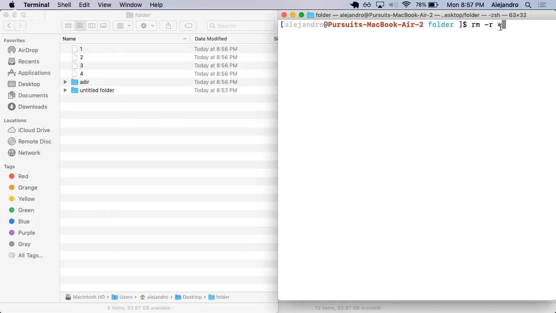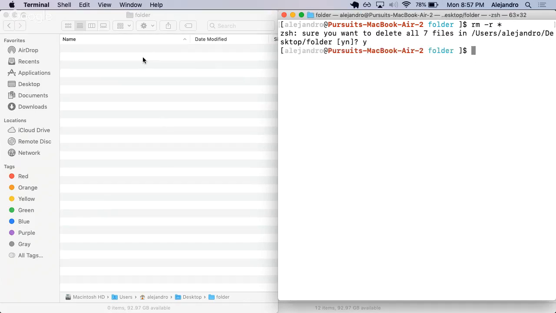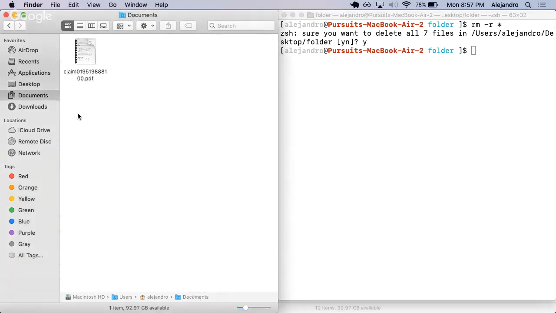Anything kind of fits the star, basically. Now let's hit enter here. Mine is asking me to confirm, and then we are back to a clean slate. Okay, one last thing that I want to mention before we move on to the exercises is